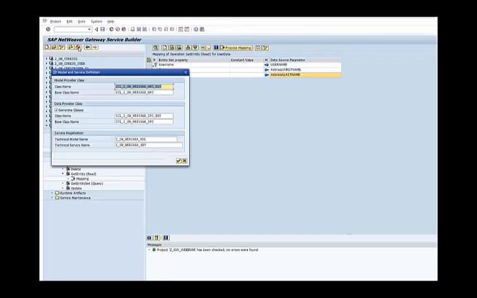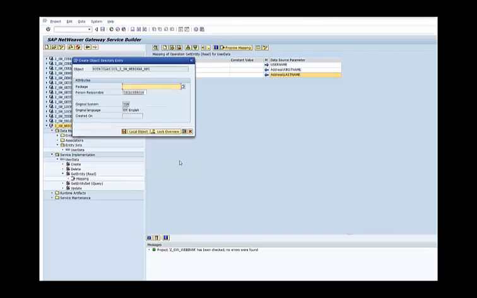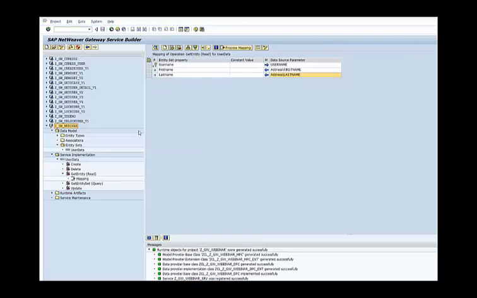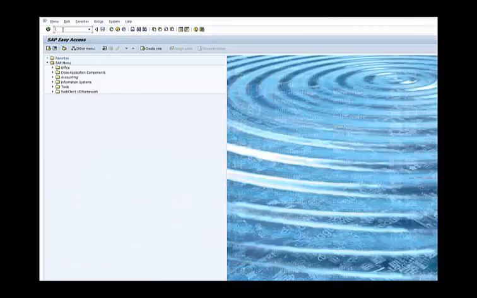So once I've done that, I can save it and create it as a SAP Gateway service. All I'm going to do here is package it up under a temporary local package, give it a name, and so under temp, so it's a temporary local package, and I'm going to create that. So that's created me a service now. It doesn't mean I can access it. All I've done is create the service that gives me the ability to update that business object repository of get user data. So what I need to do now is go into the actual library which has got live gateway